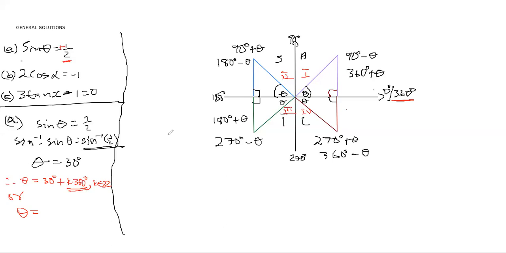Therefore, I'm going to say sine is positive in the second quadrant, and I'm going to observe the rule of the second quadrant. For me to get to that, I need to say 180 degrees minus the value of theta,